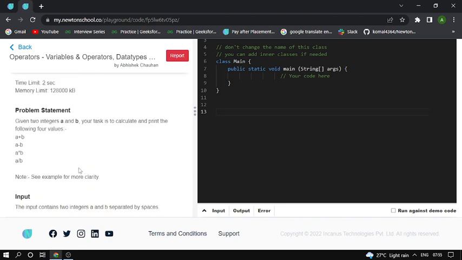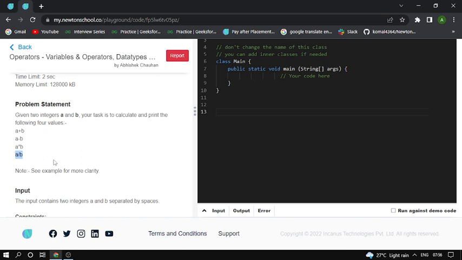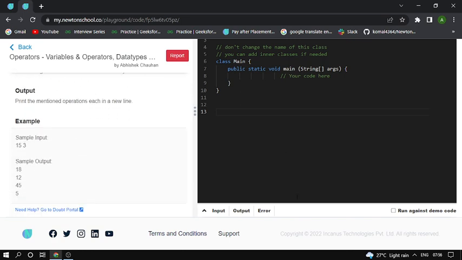So here, A plus B. First I print the plus, then I print minus, then multiply, and then divide. And the test example is given. The sample input is 15 and 3. The sum of 15 and 3 is 18, and go to the next line. First I print 15 plus 3 is equal to 18. And next, 15 minus